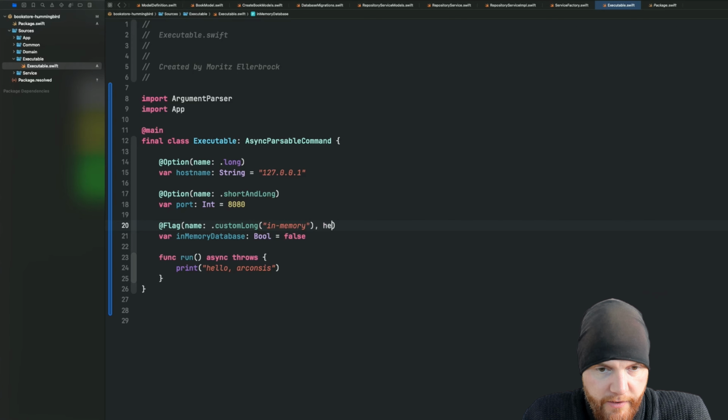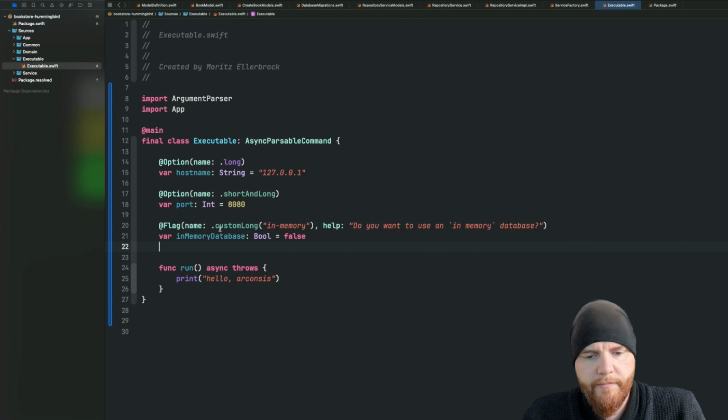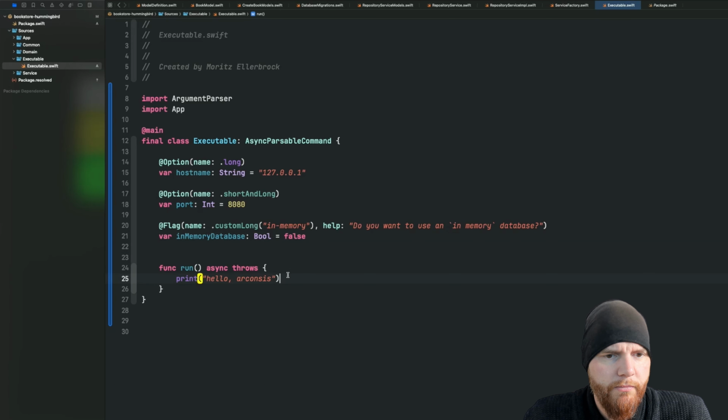And we can also add some help so that people who will actually use the tool might get some information. Okay. Do you want to use an in-memory database? Okay, perfect. This is already pretty simple. And now we can actually say, I have this, let's see,